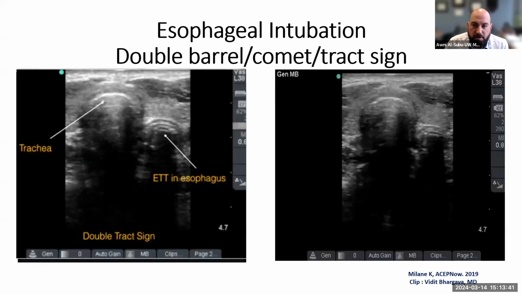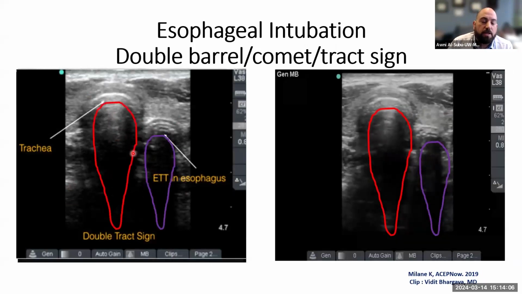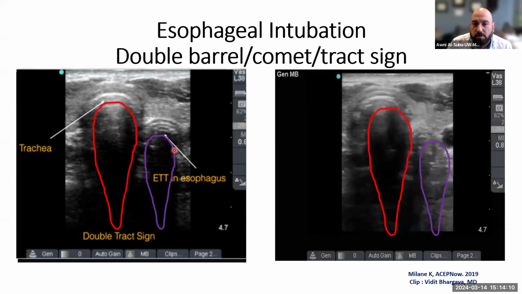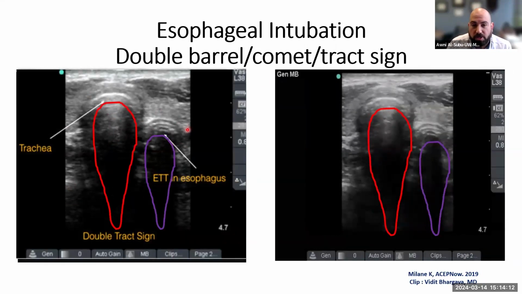Now, I just want to give another comment. I talked briefly about esophageal intubation, but I want to do it with a view where you can see static and dynamic views. Again, we said the esophagus is collapsed, so there's no air. So if you have a tube in it and you do a static image, you will see two tail artifacts, or what we call in airway ultrasound the double comet artifact, double barrel artifact, or double track